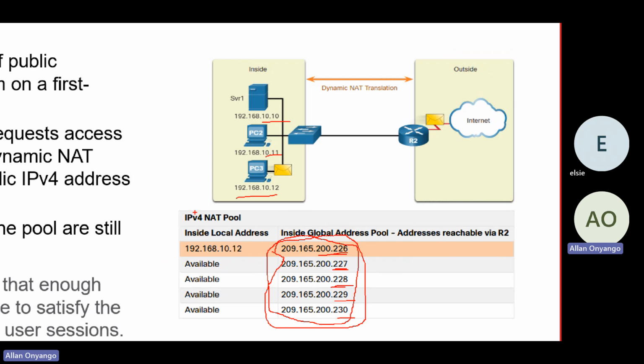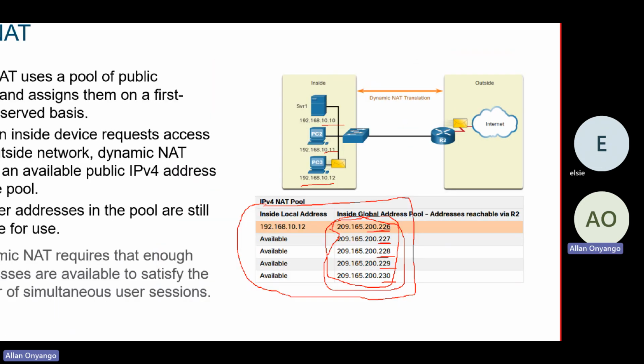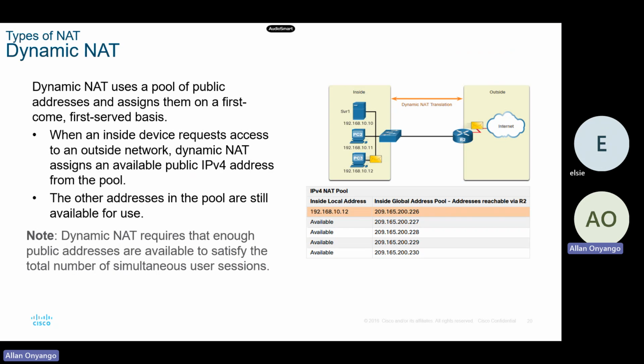So what are we talking about here? We are saying that even this dynamic method still requires us to have enough public IPs so that we can have as many PCs simultaneously accessing the internet. Even this method still requires enough addresses available in the pool to cover the total number of simultaneous user sessions. I have seen very few networks that use dynamic. Now, most networks